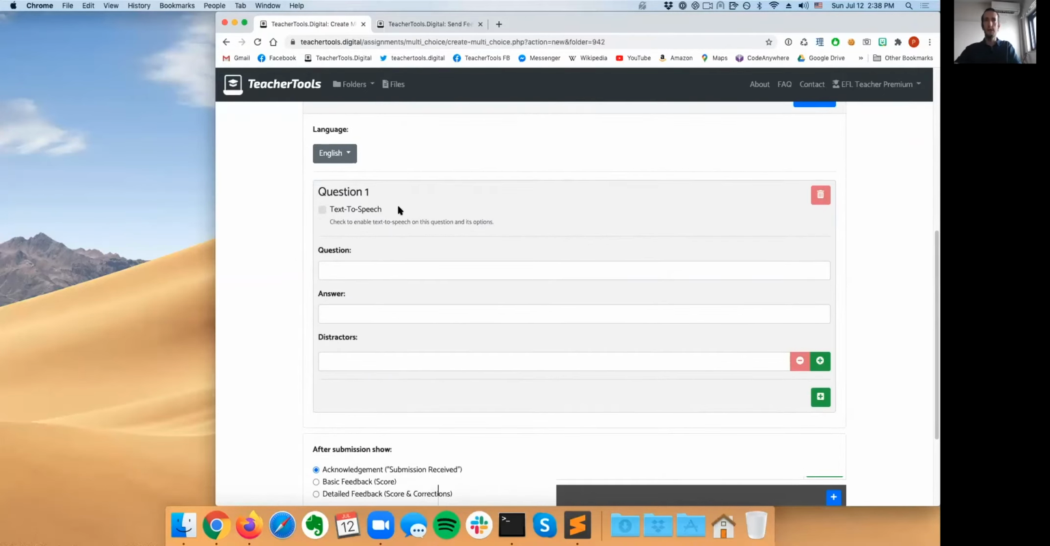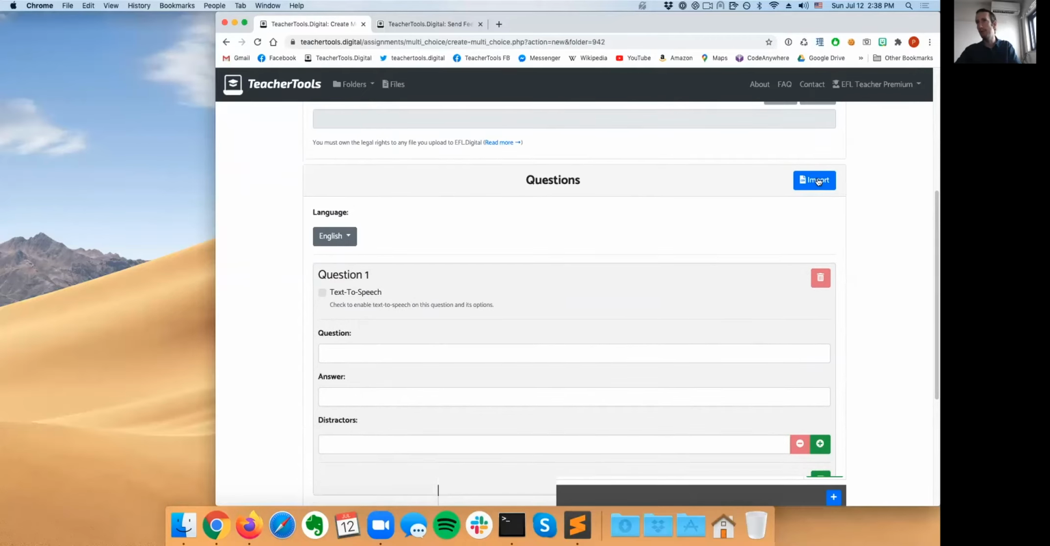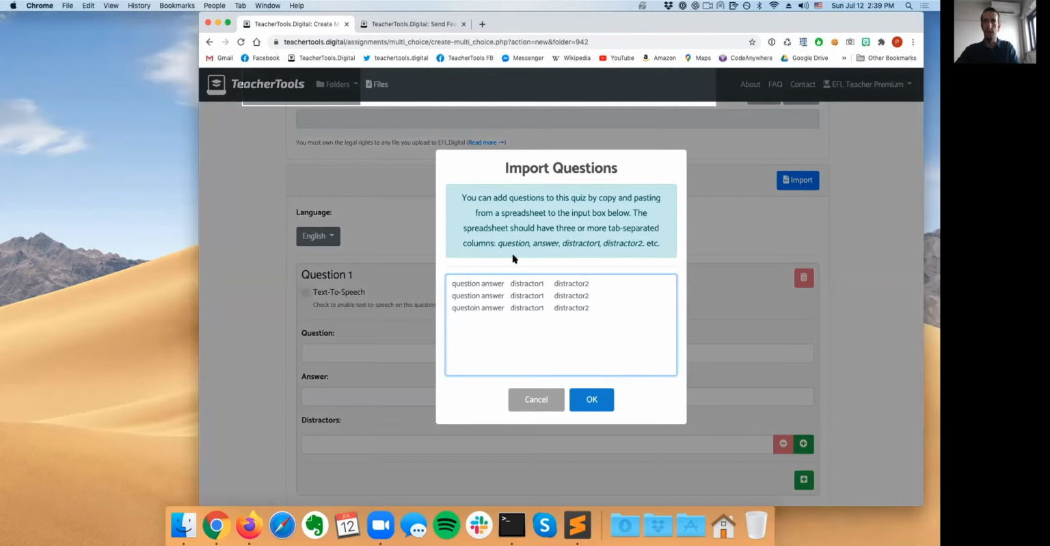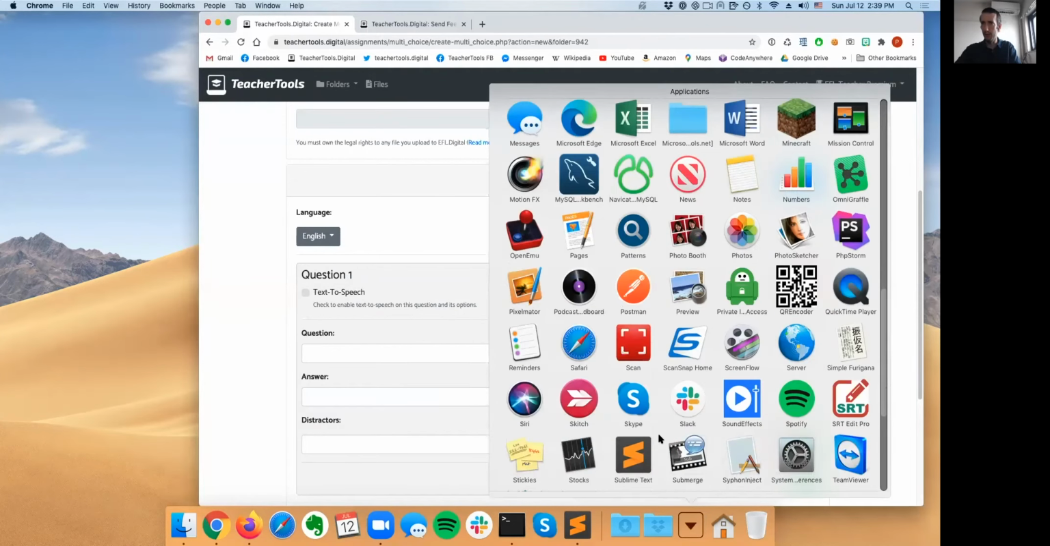Okay, so this is where I can define the questions. I can actually import here from a spreadsheet as well. So if I want to save a bit of time, or if I have some data in a spreadsheet, I can actually import from a spreadsheet. So it has to be question, answer, distractor, distractor, distractor, distractor. Distractors are the options that are not correct. So if I create a new spreadsheet,